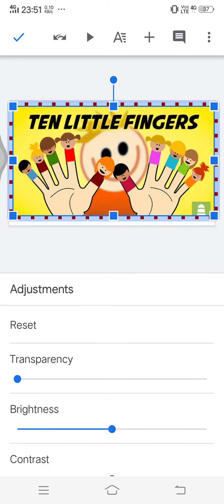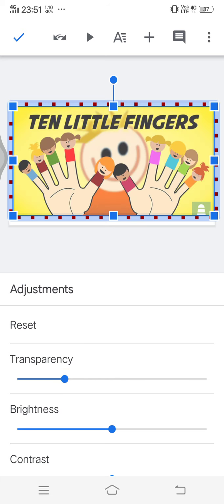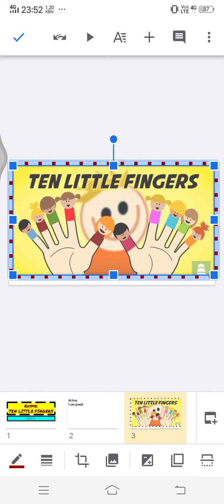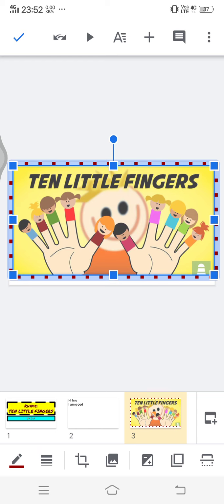You can adjust the image, that is, you can make it more transparent. Suppose you're going to add text to the picture. A bright picture like this will hide the text. Text will not be visible, so you can make the image transparent, which will make that image a bit dull, so that you can add text on it. This is to increase or decrease the brightness and increase or decrease your contrast. Now, the next one is to drop a shadow. If you want, you can apply that. The last one is not necessary, so I'm not going to teach you that.